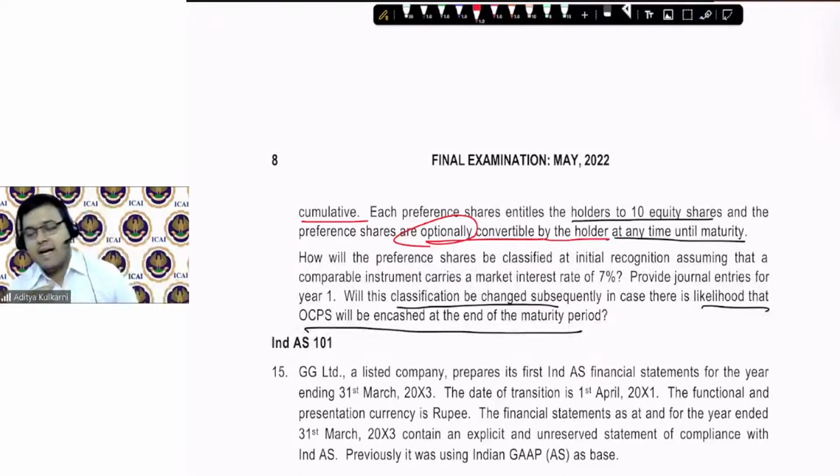And that is why we have to recognize a liability. It cannot be a pure equity. Are we clear with this? Yes. Have we understood this? So dividend has an equity feature. Principal has a liability feature because it is optionally convertible. So you will need to record the liability. Okay. So therefore,